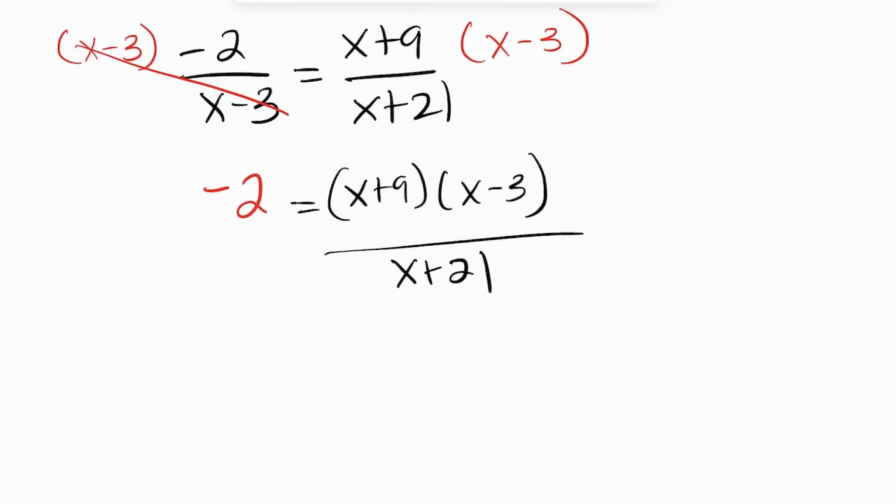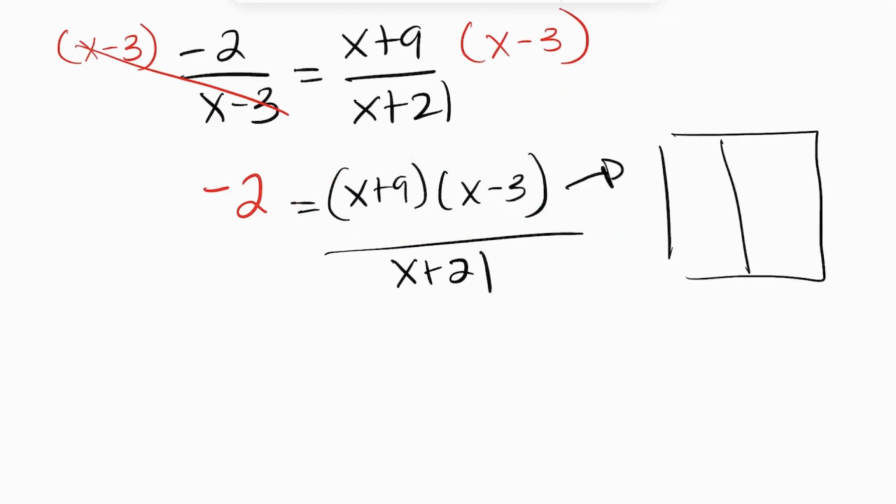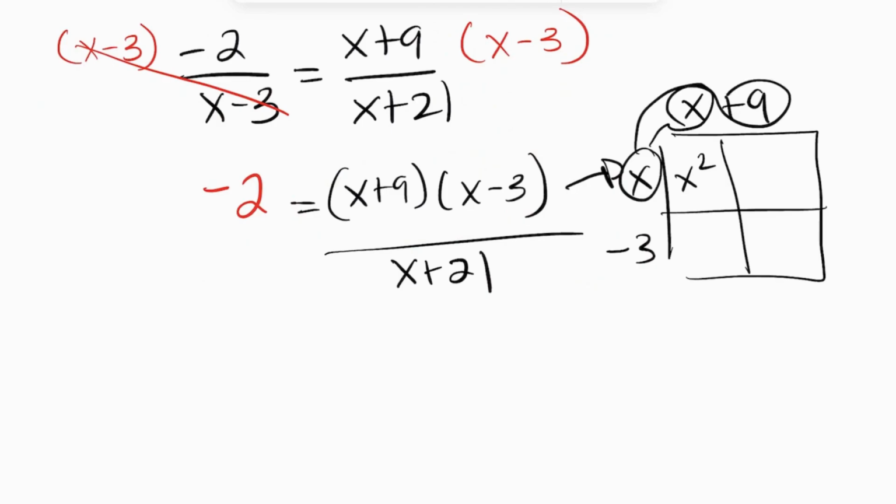So we're going to simplify this using the Punnett square. Let's go ahead and multiply it out. So x plus 9, x minus 3: x times x is x squared. X times 9 is 9x. Then I'm going to move on to the next one. Negative 3 times x is negative 3x. Negative 3 times 9 is negative